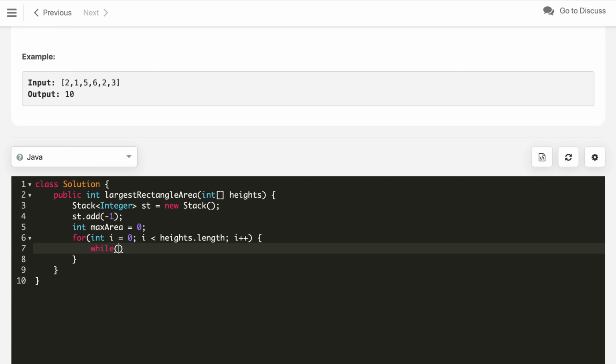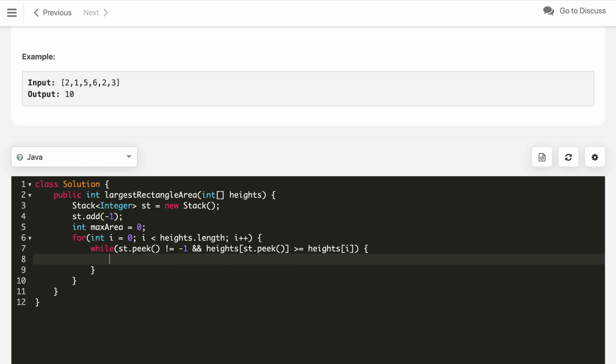Now we will write while the stack peek is not equal to -1 and the height of the stack's peek element is greater than or equal to the height of our ith element.